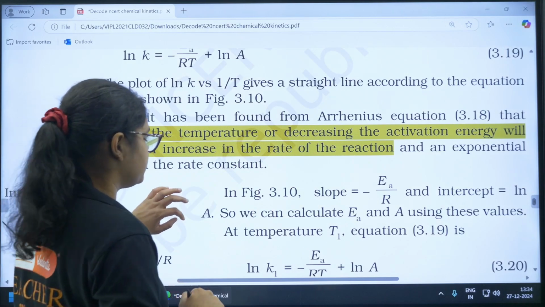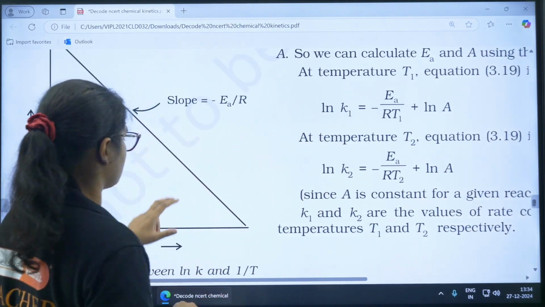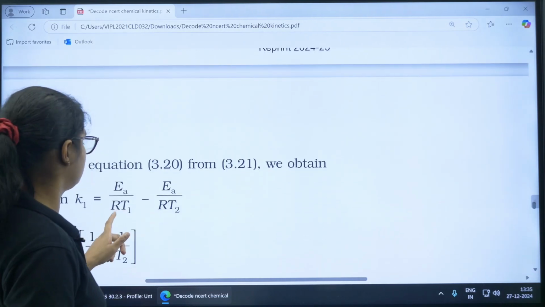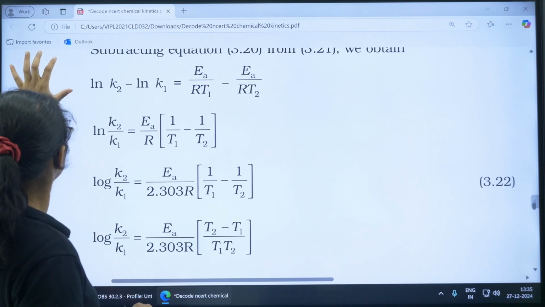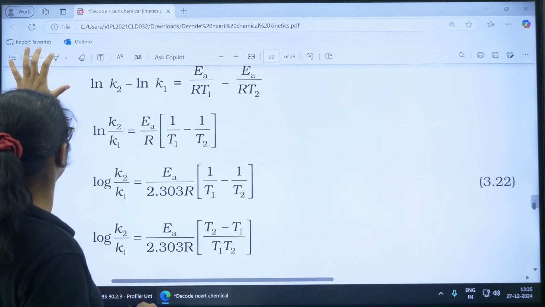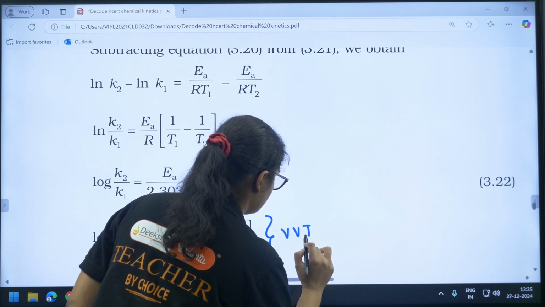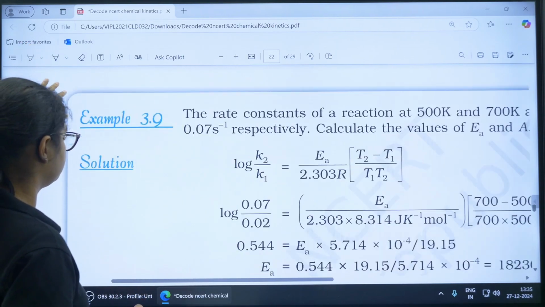Okay, next we have the derivation of this one, this graph is important. Then you can see two temperatures, this formula is super important. Numericals from this particular formula are obviously asked. So this is very important. Okay, next if I move forward, what will we get,